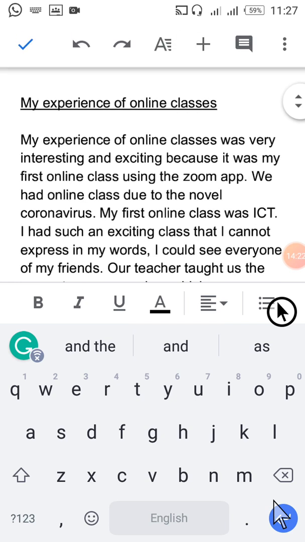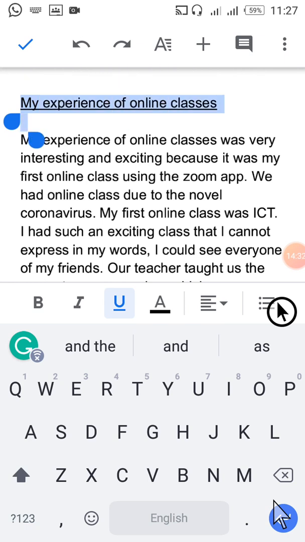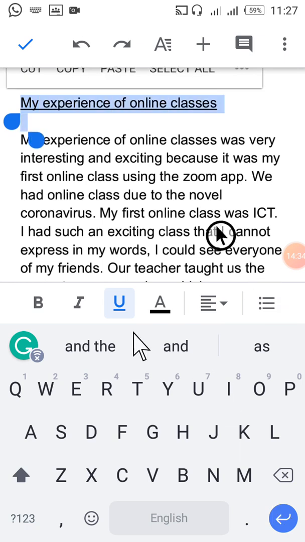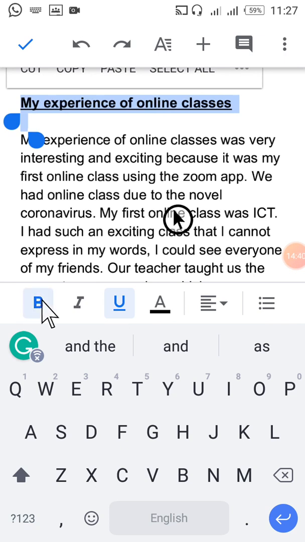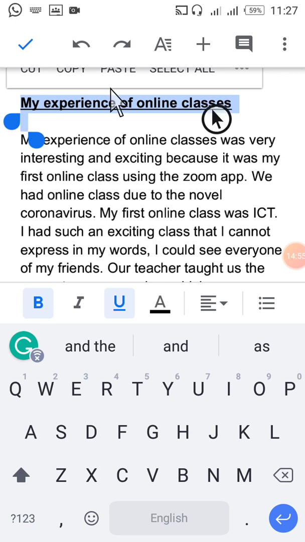All right, now after typing, there's another thing I would like to do. This first place, that is my experience of online classes, I would like to bold it. So I will now navigate to this B to make it bold. So if I click on it, you see it is in bold form. All right, now I can still apply some other things to it. Like for example, let me show you something. Let's say I don't want bold again. I can click this